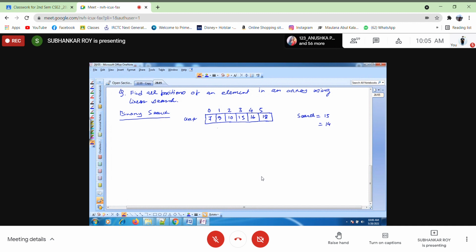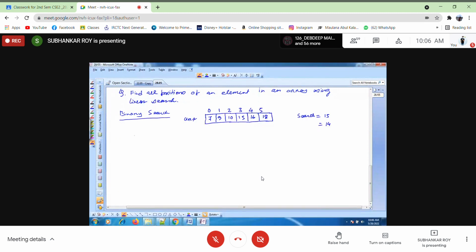Let us assume this is the array, these are the indexes, and we want to check whether 15 is found. This is the successful case. As you can see, 15 is present and 14 is not present, so that is the unsuccessful case, and we will be considering both.